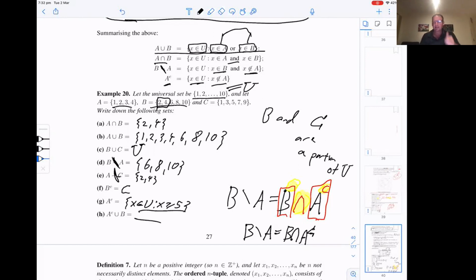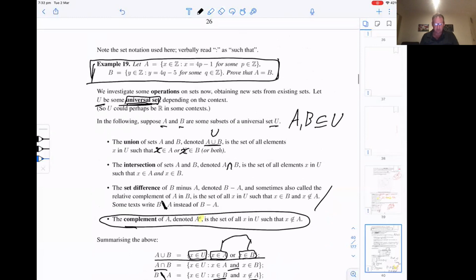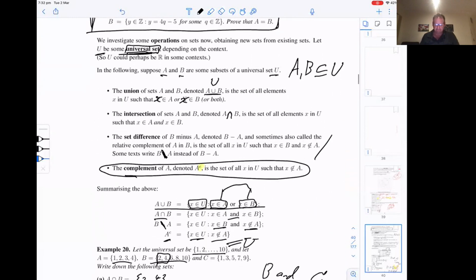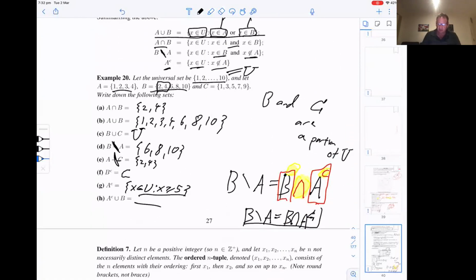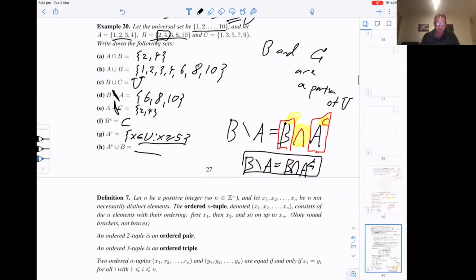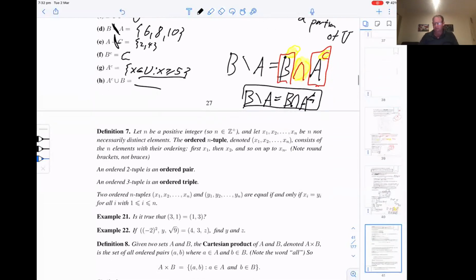Good. So that's sets and operations with sets. All right. And you saw this bit, which maybe you just had to think about just a bit, etc. All right. Now,